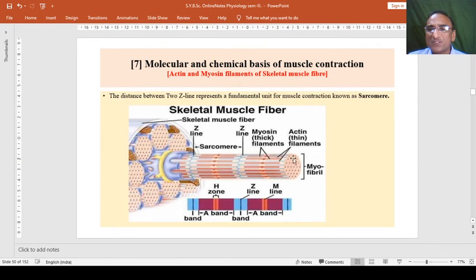These two filaments together join to form a myofibril, and all these myofibrils together are composed in the form of a bundle known as a muscle fiber. So this is the chemical basis of the skeletal muscle fiber. The whole skeletal muscle fiber is formed of chemical materials, basically myosin and actin, or we can say that all are composed of protein. So proteins have durability in their working, or survivability.